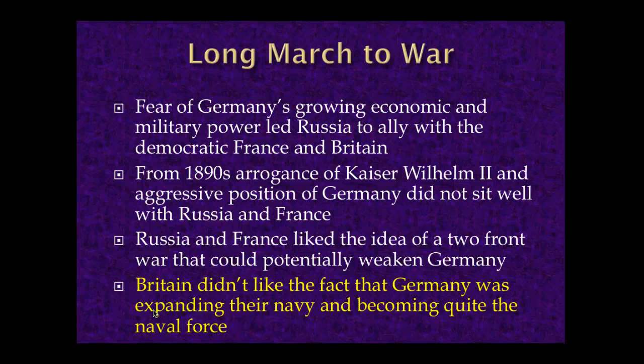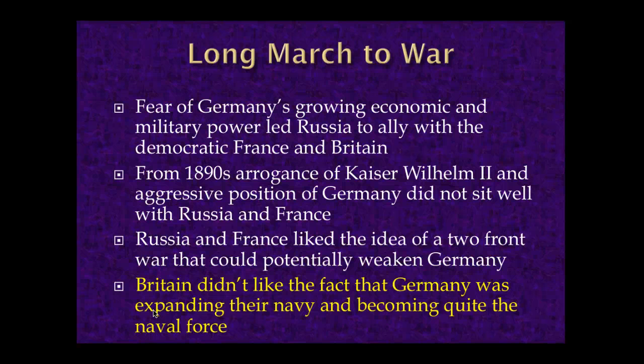We have six main powers in Europe, six countries that were considered the great powers, and that would be Great Britain, France, Russia, Germany, Italy, and Austria-Hungary. And they're all kind of competing, and through our age of imperialism, they're gaining in power and they're competing with one another. And Germany comes on the scene in a really big way. And it starts to kind of make their neighbors nervous.